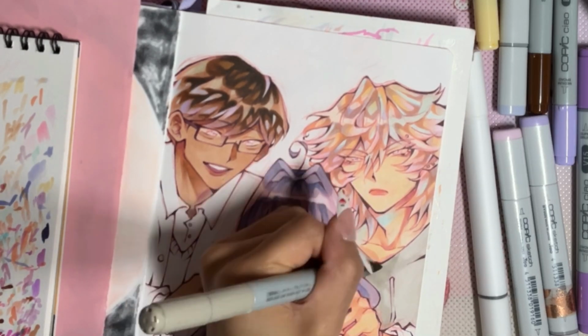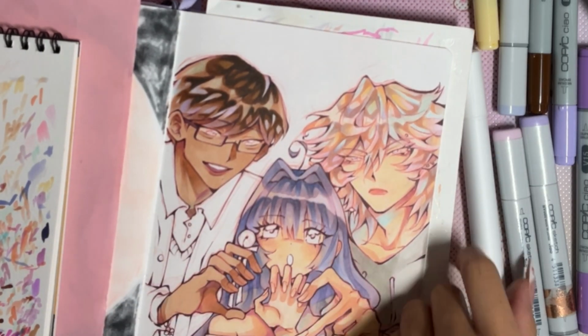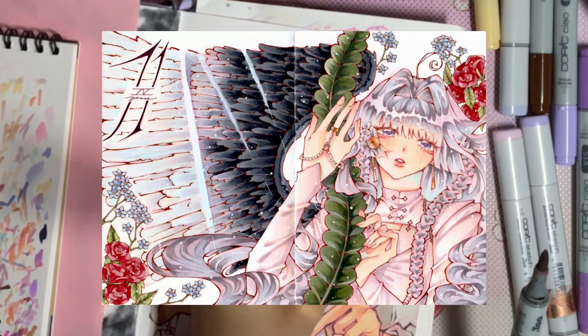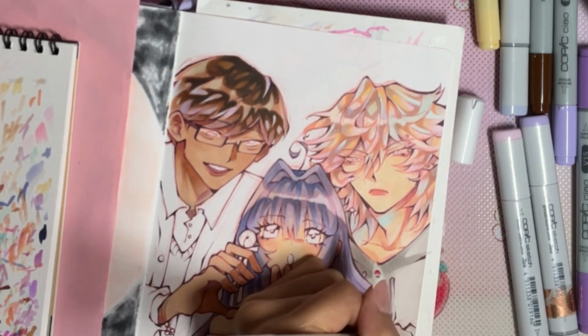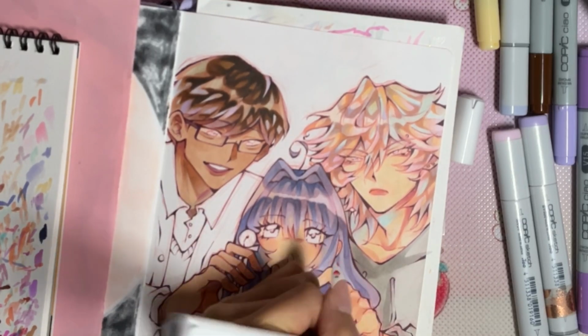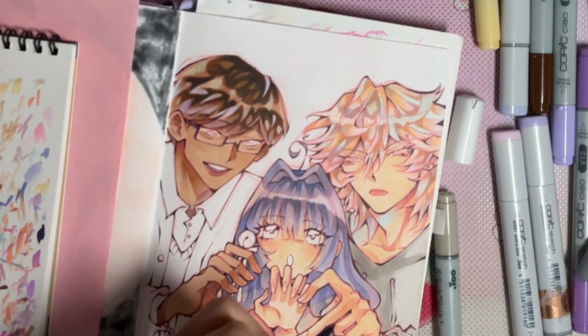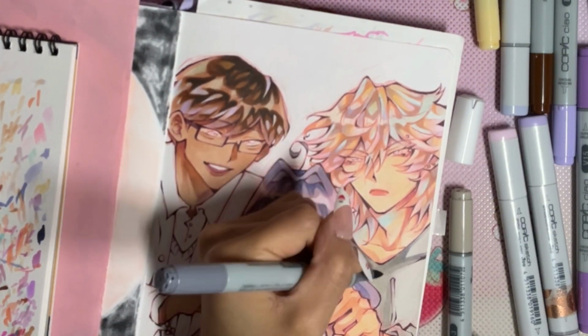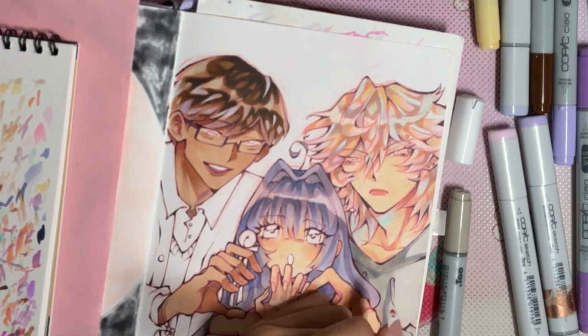I don't know if you guys have seen other pieces of my Vanilla work. I'll probably put it up on the screen, or you could actually see it on the pin. Her hair is actually super light and kind of desaturated, and I just made it dark and more blue than it needed to be, which was kind of low-key a fail on my part. But I don't know, the way that I rendered her hair wrong actually turned out to be a lesson